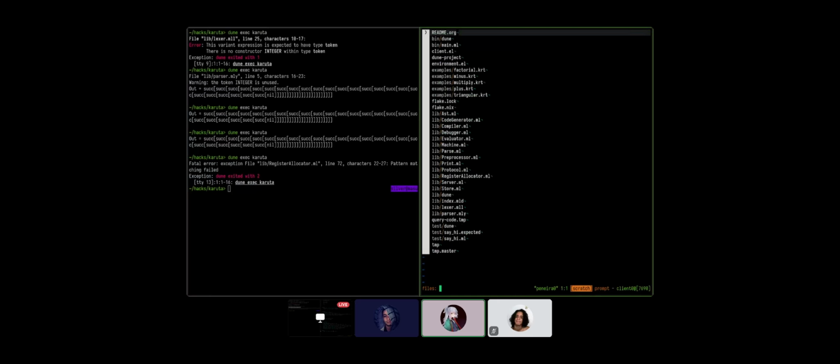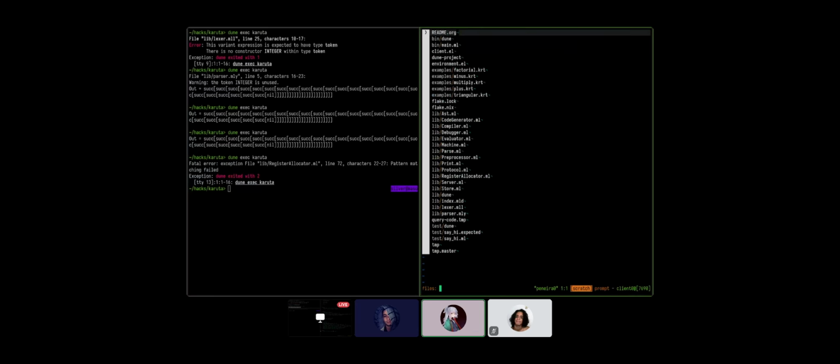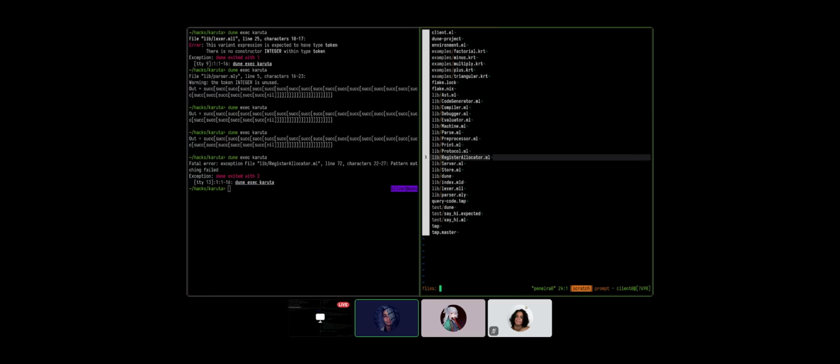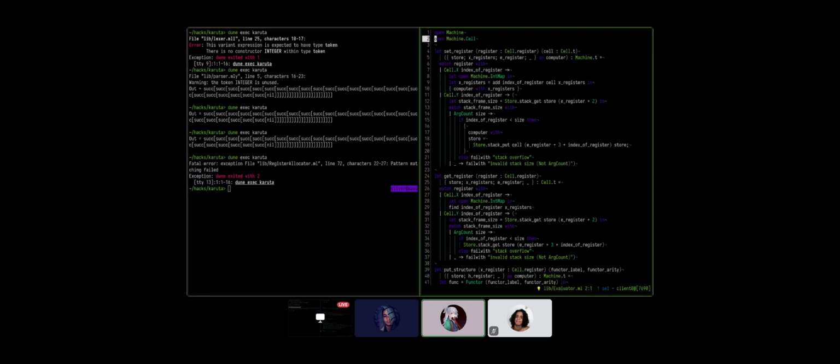Because we have integers in the AST, right? But we actually don't have integers at the machine level. We need to add integers to the runtime as well. Well, we would do that anyway. That's code generation, right? No, it's either the machine or the evaluator.